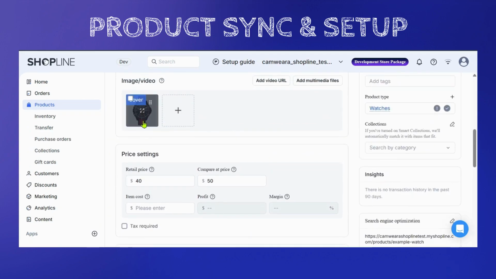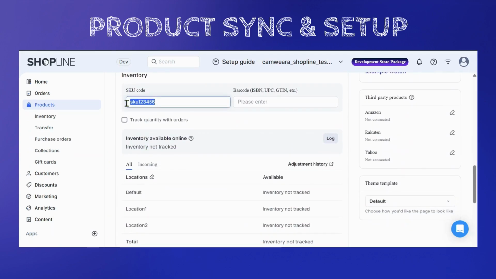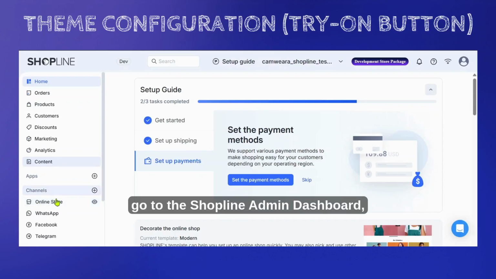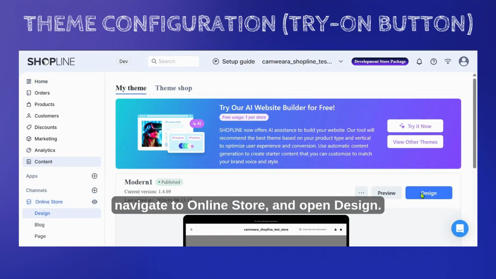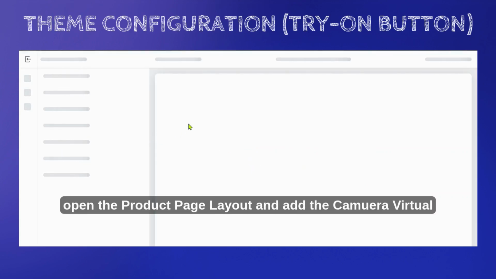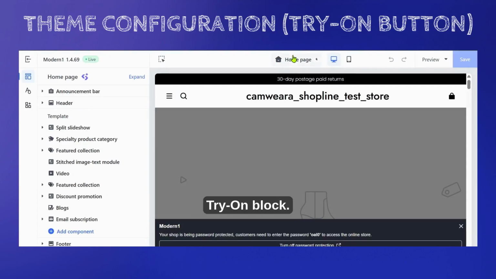As you can see here, the product image file name matches the SKU used in the merchant's store. Next, go to the Shopline admin dashboard, navigate to Online Store, and open Design. From there, open the product page layout